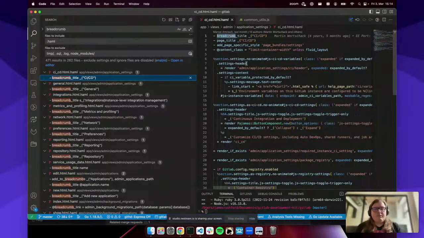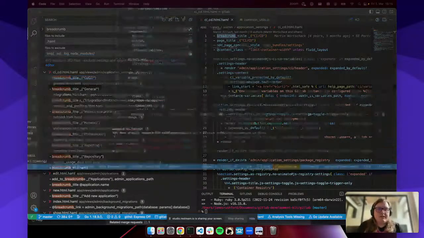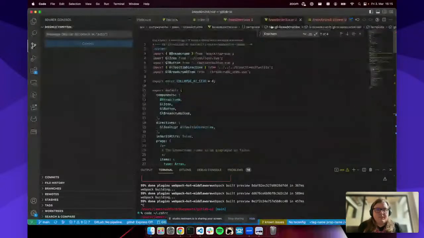And one of the reasons why you would use Ruby on Rails instead of the GitLab UI component is that the component only allows you to use one avatar. So if we have a look at this, this is the GitLab UI component, and what I'll do as well is show you,